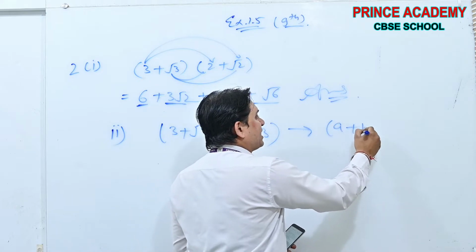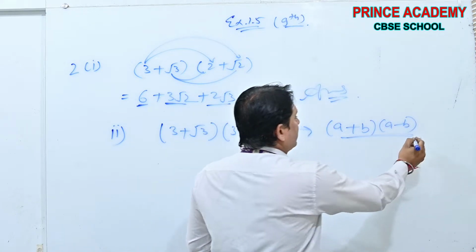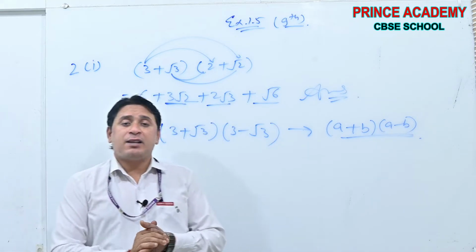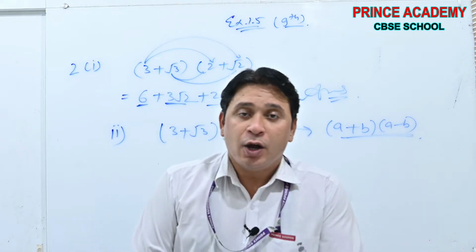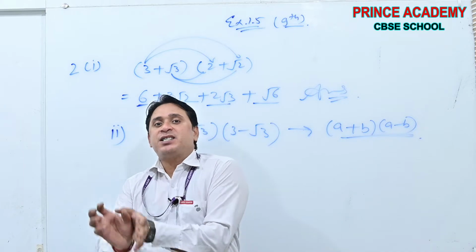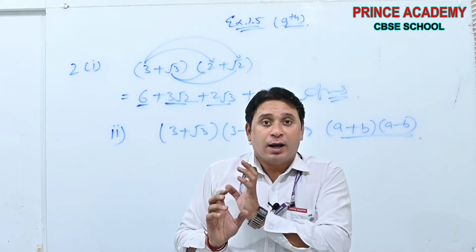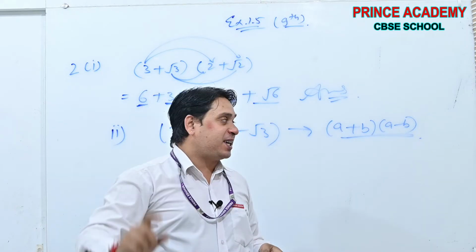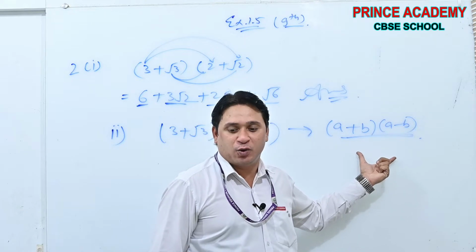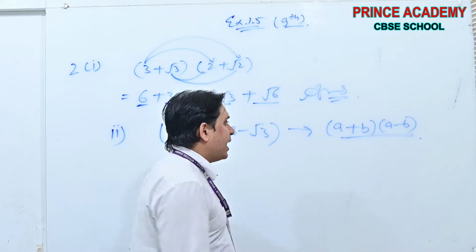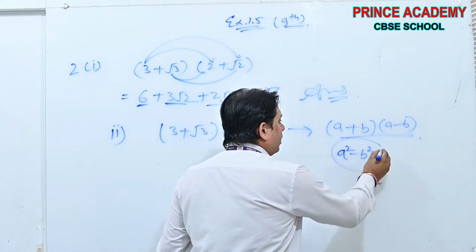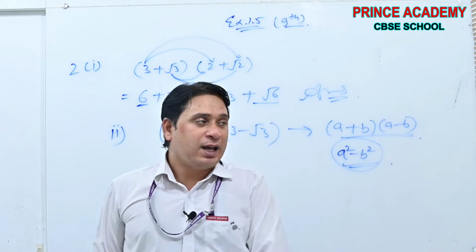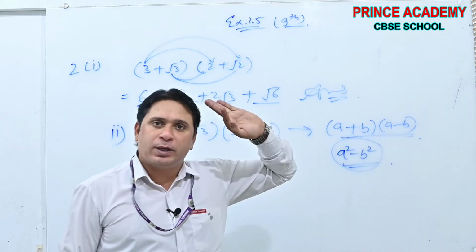Now this is a fact we will use in many questions. See beta, let me explain one thing. There is a rule in mathematics: we remove the irrational part from the denominator. In other words, the divisor can't be irrational. In those cases, we use this funda: a plus b and a minus b. And you know this identity, a square minus b square. Yes or no? I think you all have done it except a second. That's why I am writing this without proof. This is proved in those videos.